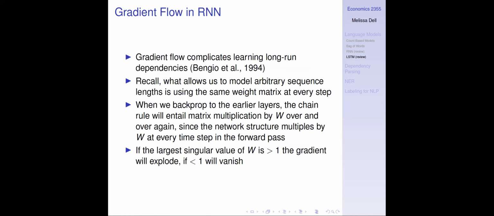But you can show that if you're multiplying by the same weight matrix over and over again, if the largest singular value is greater than 1, the gradient explodes, and if it's less than 1, it will vanish. That effectively means you can't learn long-range dependencies, because when you get back to the earlier part of your network, you're multiplying that W over and over again, and your gradient tends to go to 0. And we just saw that we have to have long-range dependencies if we want to do a good job of modeling language, because they're essentially